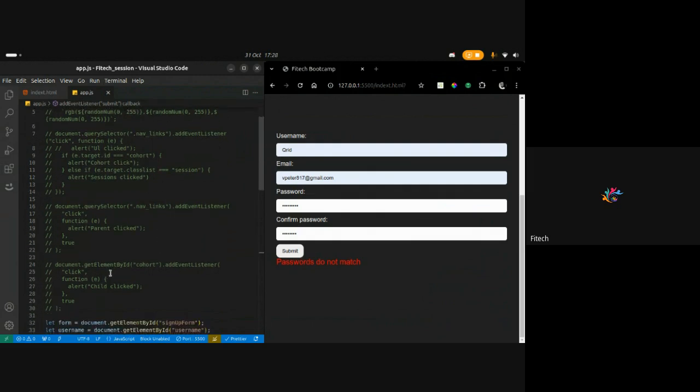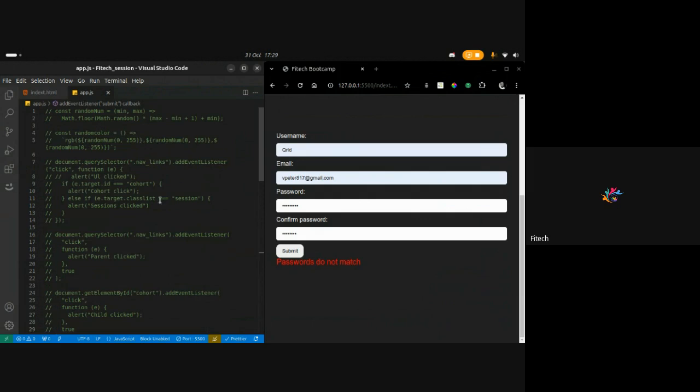No, this is the li here. Okay, this is the parent element and this is the child element. We added event listener to both of them, and then when we click, that's for the event bubble. When we click on the child element, you get two alerts. One for the child element and the other one for the parent element. That's for event bubble. And then for the event capturing, when you click on the child element, you get two